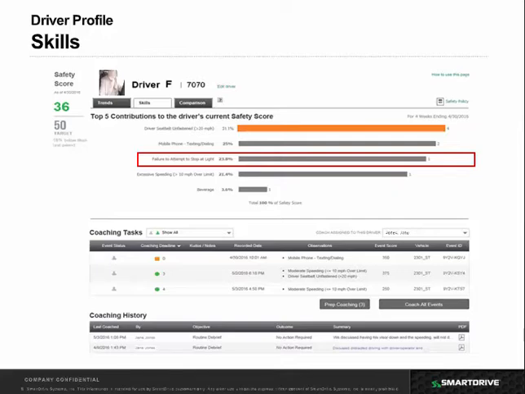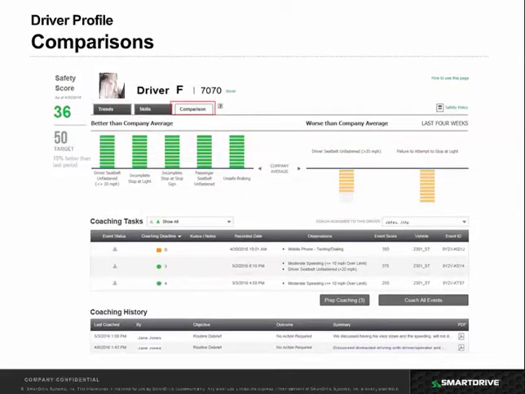These metrics cover the previous 4 weeks, so if the driver stops these risky behaviors, the driver's safety score will gradually improve over a 4-week period. Consequently, the behaviors will no longer be displayed on this page when the driver demonstrates he has consistently been driving without exhibiting these risks. The Comparison tab